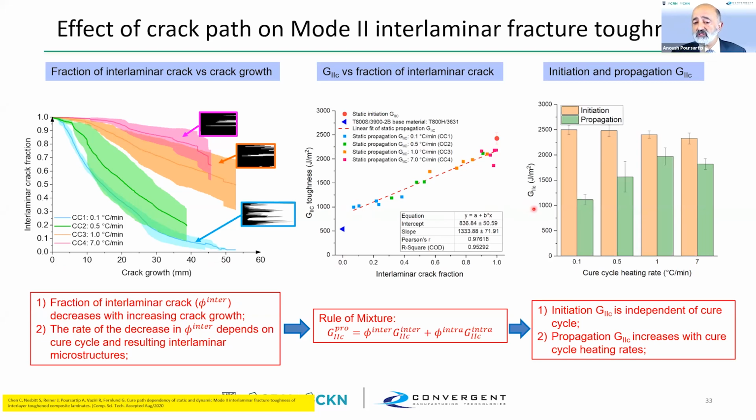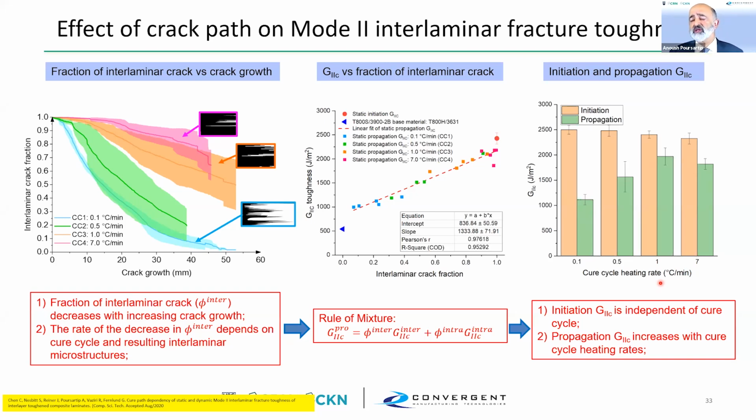So when we plot the propagation and initiation fracture toughness as a function of heating rate, we see that the initiation fracture toughness is constant, but the propagation fracture toughness is very much a function of the heating rate. But we can explain that in terms of the process history affecting the microstructure, affecting the fracture toughness. What this means is that